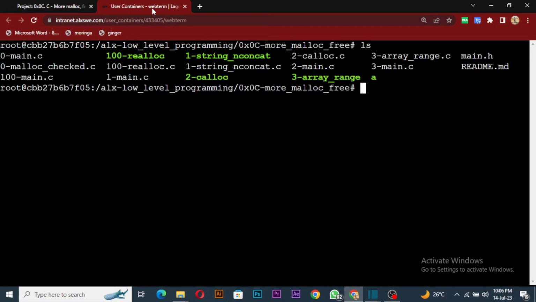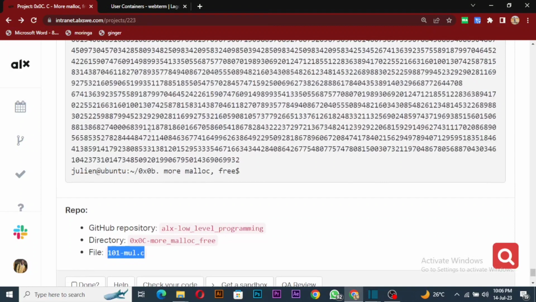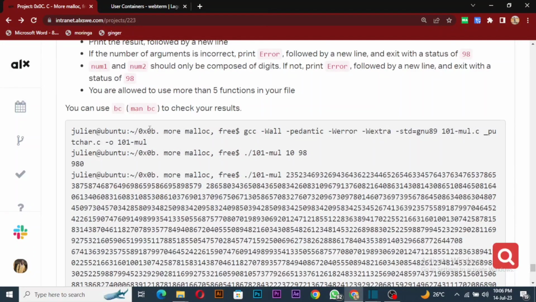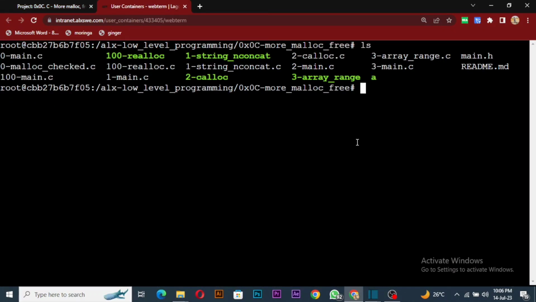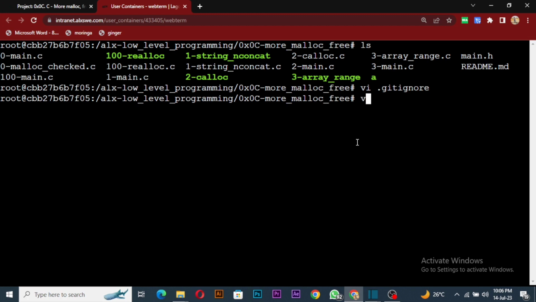And then we'll check our code. All right, so this guy, any executable, 101 mul. So let me first vi our .gitignore. So when I'm done, I would add the prototypes I created. Okay, so alright, so I'll vi